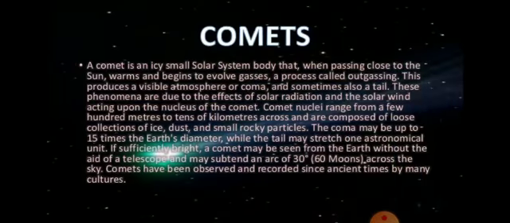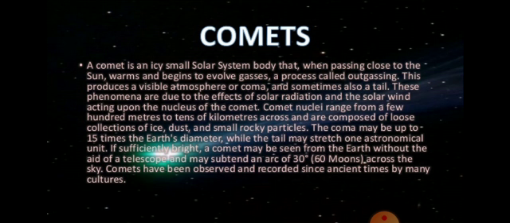Next is about the comets. Now we are going to know what comets are. Comets are very small celestial objects. They are mainly made up of gas and dust, which revolve around the sun in highly elliptical orbits and become visible only when they come close to the sun. As a comet approaches the sun, it develops a long glowing tail and becomes visible to us. A comet becomes visible on coming close to the sun because the sun's rays make its gas glow, which then spreads to form a tail millions of kilometers long.